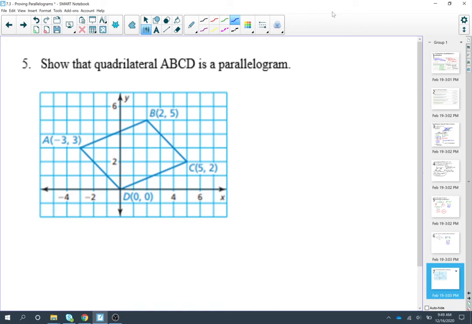Example 5. Show that quadrilateral ABCD is a parallelogram. Now, in order to do that, if you go back up to your second slide, we have 5 different ways of doing that. So if I go back real quick,